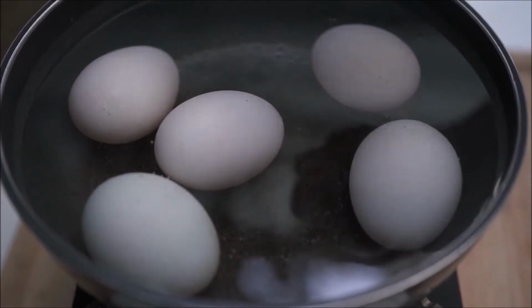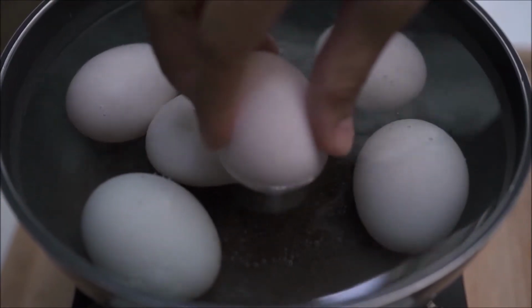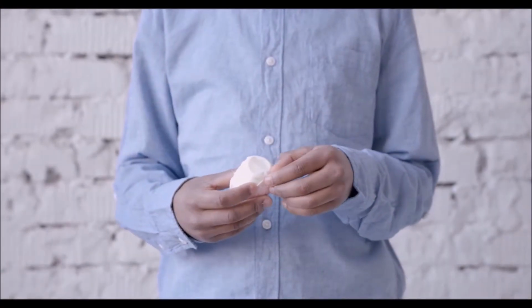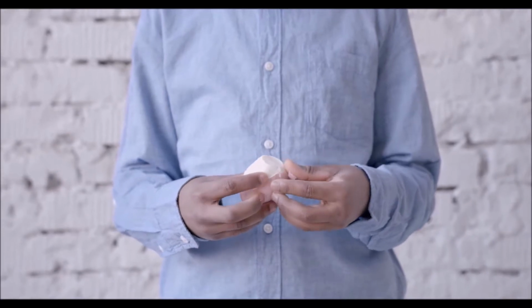How long to boil egg? The big question. How long to boil an egg? The quick answer is, it takes 4 to 5 minutes to soft boil a large egg that's perfect for dipping